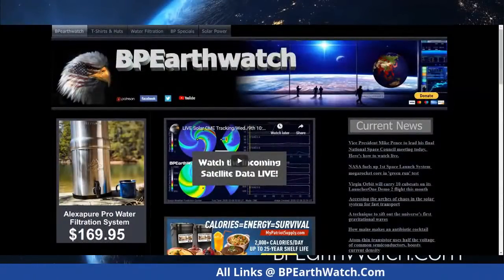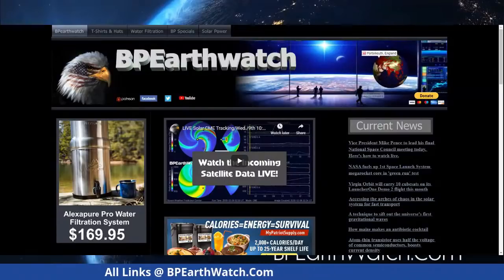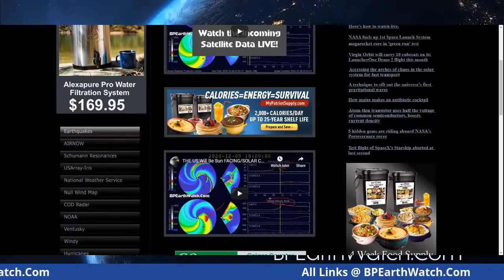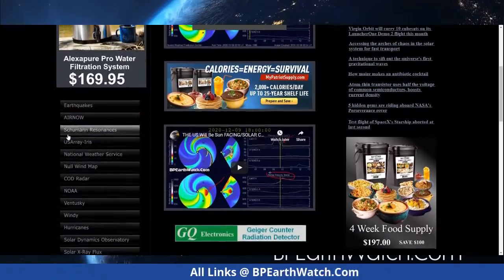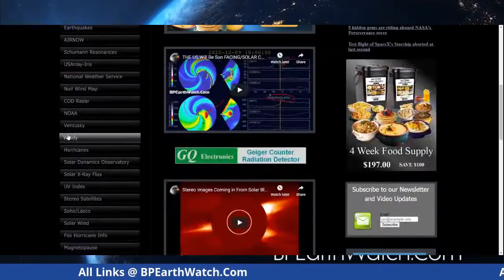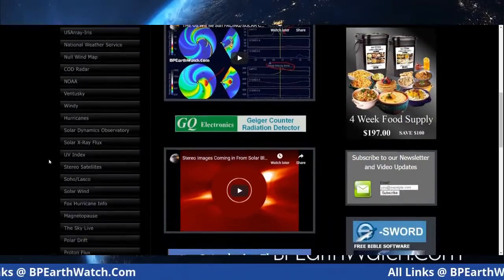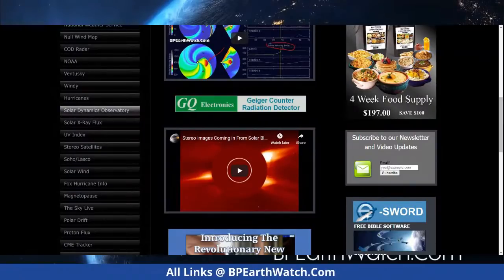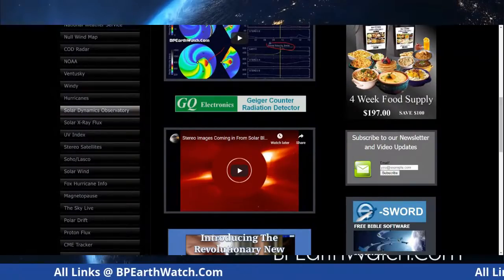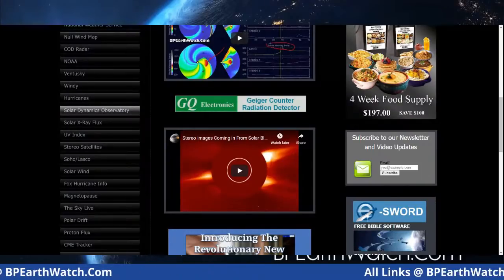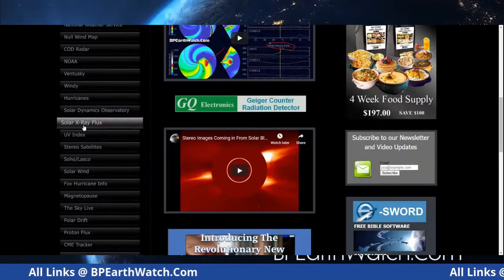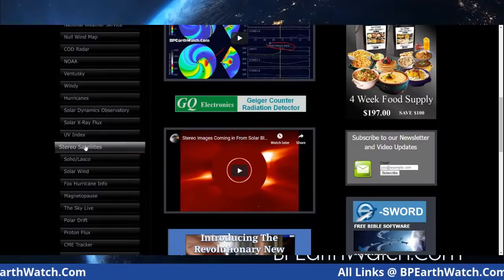Okay. Now, I said the links are here, the very top on the left. It says earthquakes. That's the USGS. You can scroll this down, and you're going to see hurricane weather information, Solar Dynamics Observatory. That is a satellite that shows us the very images of the sun currently, as far as the most current image by the time it gets from the satellite back to the planet and is processed. Solar X-ray flux, UV index, STEREO satellites.